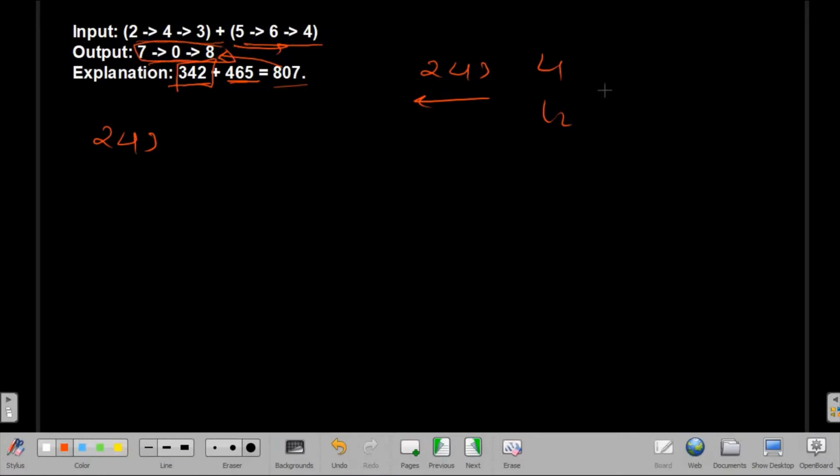So instead of reversing, adding and reversing again, what I will do is I will never reverse. Instead I will add in the same direction.